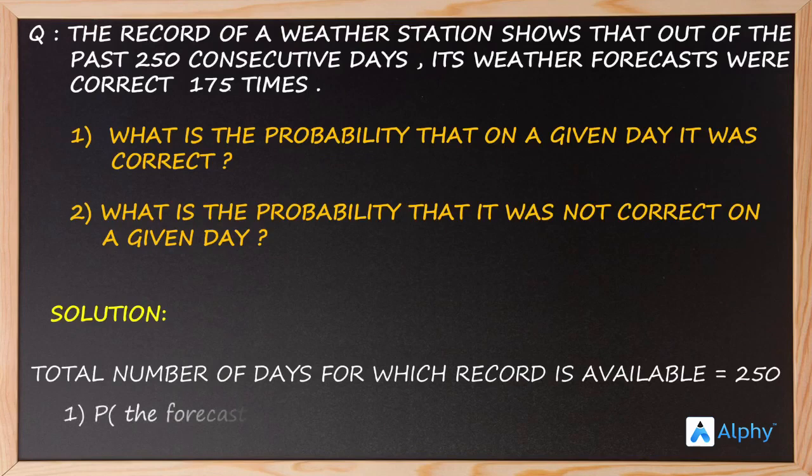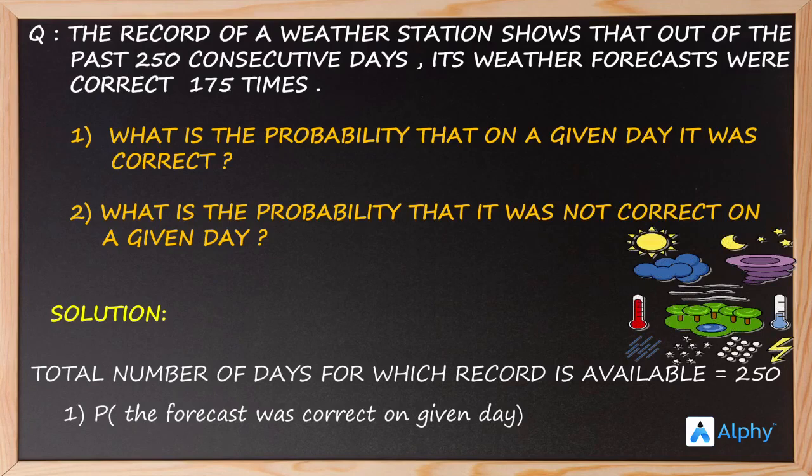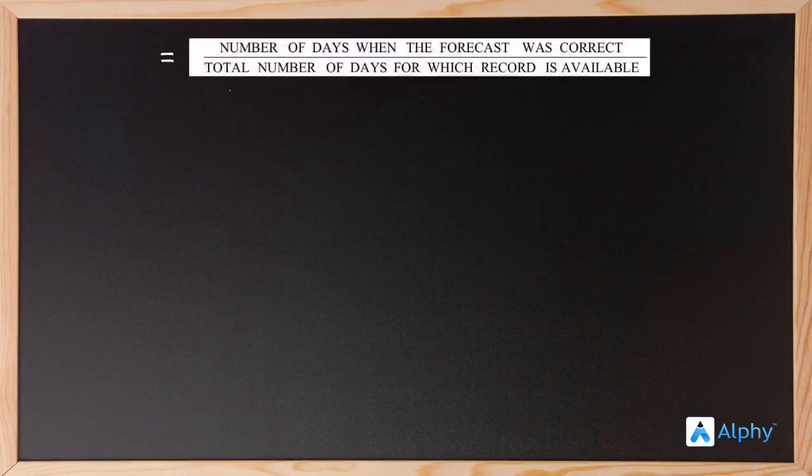So let's try to find out the probability of the forecast being correct. We have a formula related to probability. With that formula, P of the forecast being correct is equal to the number of days when the forecast was correct by the total number of days for which record is available. Here, the number of days where the forecast was correct is 175 and the total number of days is obtained as 250. By direct substitution, we get the probability of the forecast being correct as 175 by 250, which is equal to